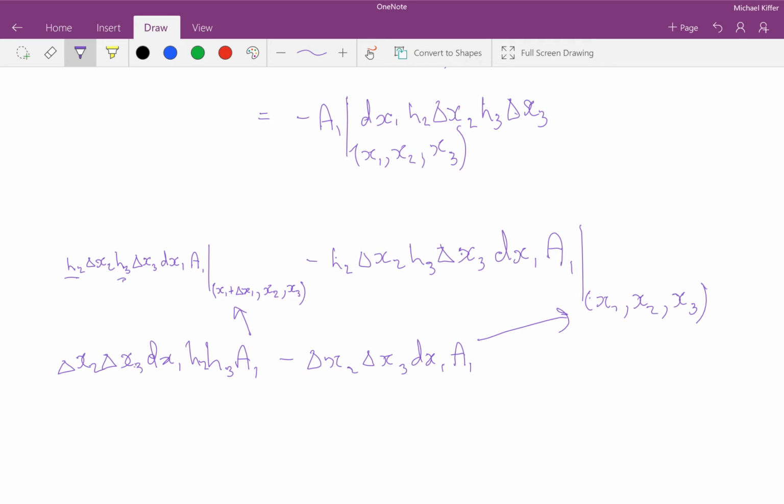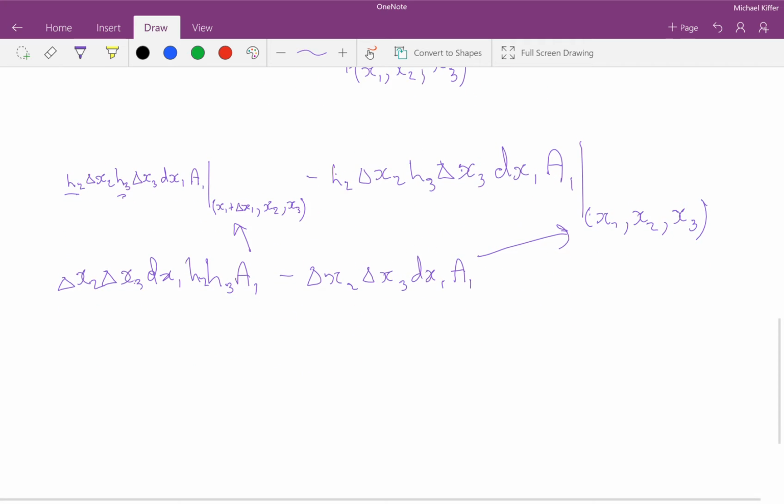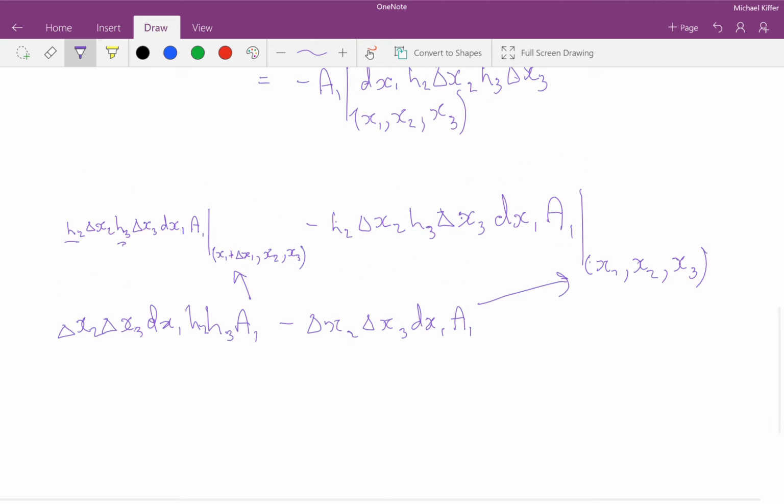Now we can see that this is almost the definition of our partial derivative. So what we're going to do is multiply and divide by delta x1 so that we have something that